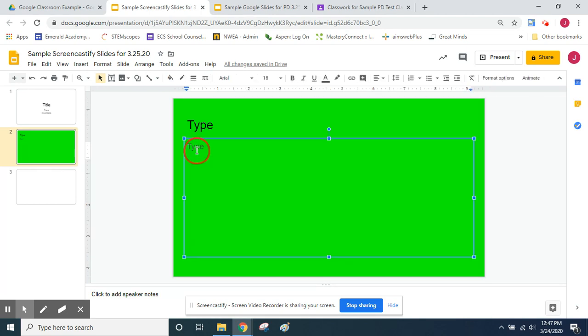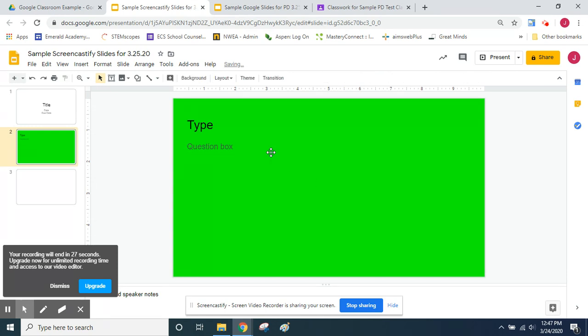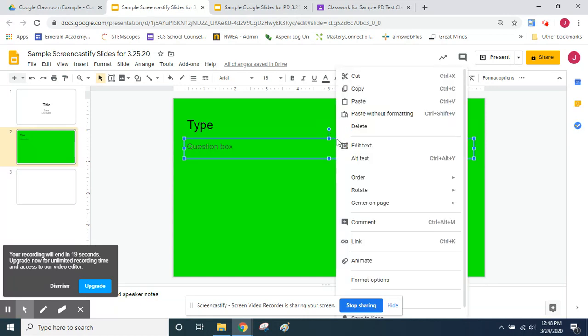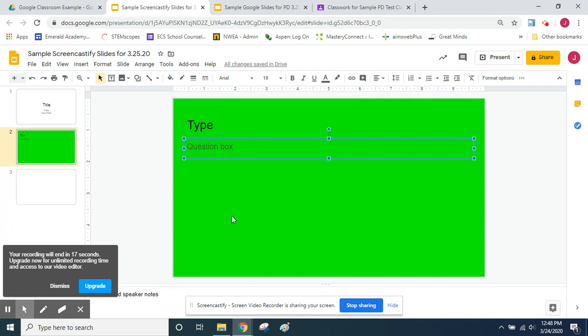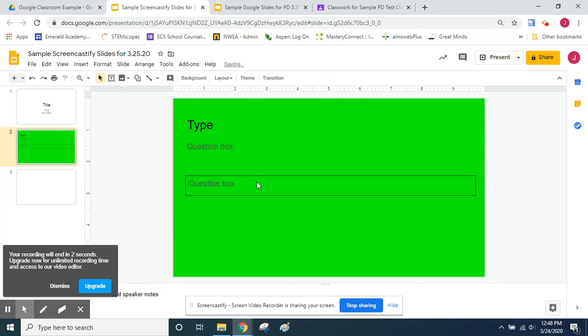In order to get multiple boxes like I had before, here's my question box. I can change the size or type of this box. And then I can actually copy this box. So if I click on the box, I use that right click function to pull up copy. I click below anywhere in the slide below, and then I hit paste. It's going to give me another version. And then I can drag that box anywhere I want to, and I can put a line around it using this border color so that it's really clear where I want students to